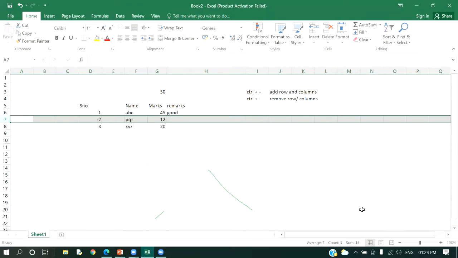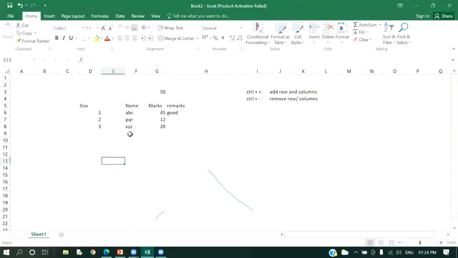Now, next important feature, you want to sort this data. For example, you have data and you want to sort it.